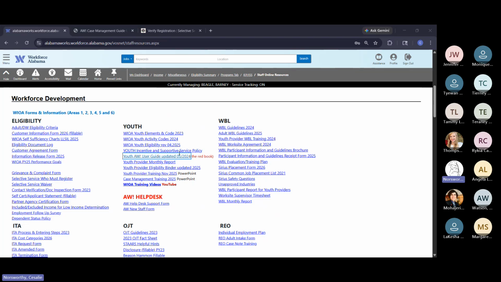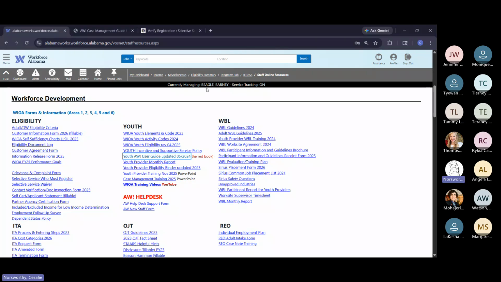You do not have to fill out all this information. We just need the participant's name and state ID. And then you need to put the actual issue that you're experiencing with this participant, like you need a document deleted, you need services backdated. If you just have a general question, you don't have to fill this out. If you're just asking about eligibility or something, this form is only for a type of correction that you're needing. And when I say state ID, I mean